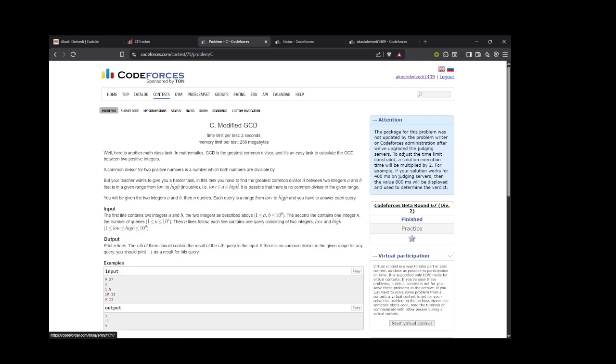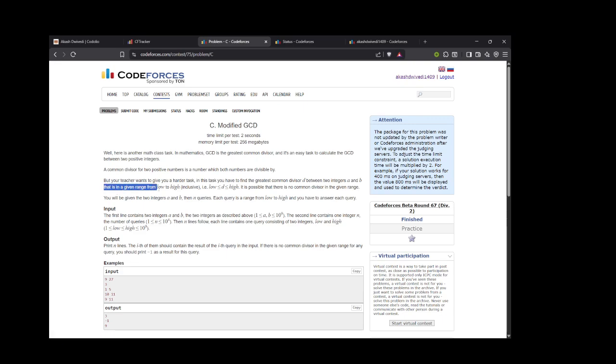So let's read it. Here is another math class task in mathematics. GCD is greatest common divisor. We already know it's an easy task to calculate the GCD between two positive integers. A common divisor of two positive numbers is a number which both numbers are divisible by. We already know it. But your teacher wants to give you a harder task. In this task, you have to find the greatest common divisor between two integers A and B